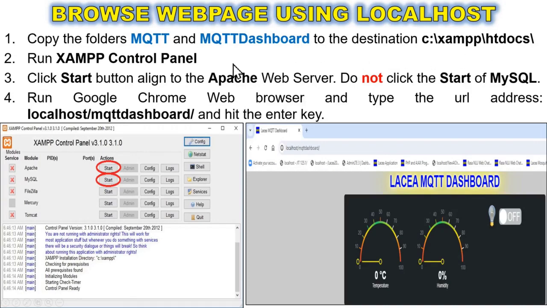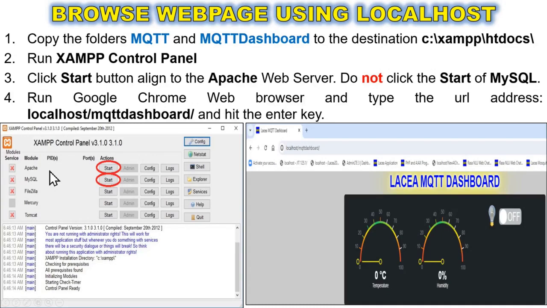And then after that, you run the XAMPP control panel. In the XAMPP control panel, you click the Start button of the Apache web server. Do not click the Start of MySQL.